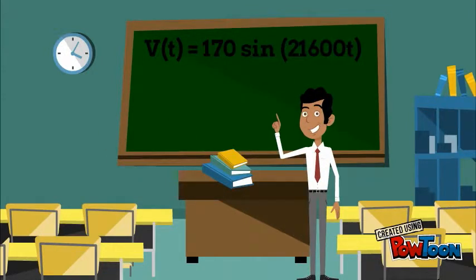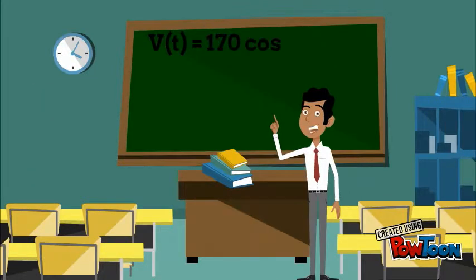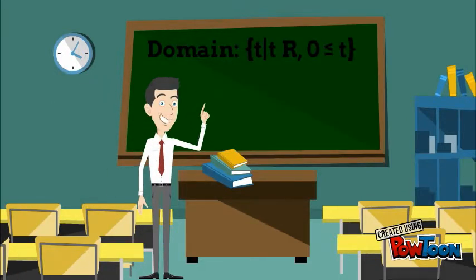Therefore, one equation for this graph would be V(t) = 170 sin(21,600t), where t is the time in seconds and V is the voltage in volts. Another equation using the cosine would be V(t) = 170 cos(21,600(t − 0.004165)). The domain of this graph would be {t | t ∈ ℝ, t ≥ 0},